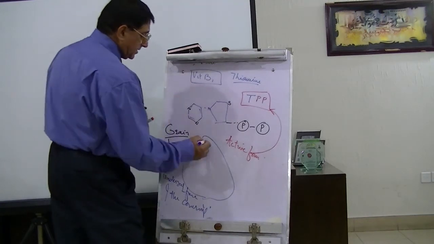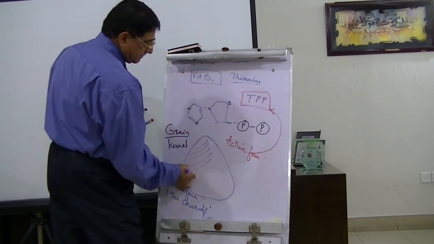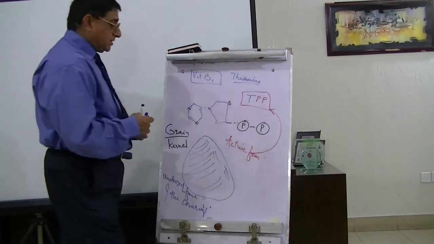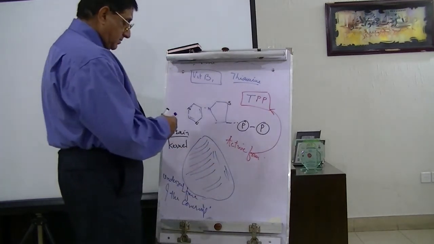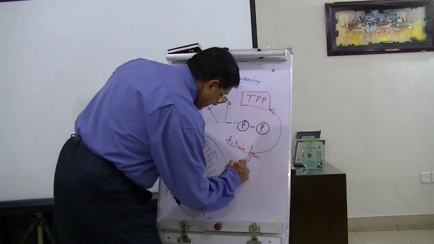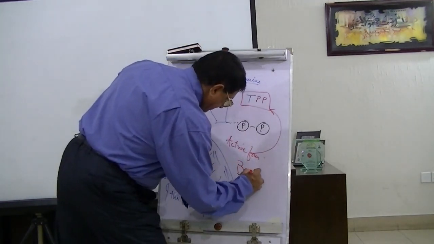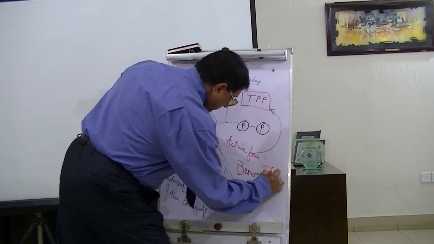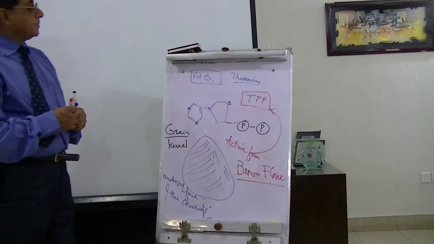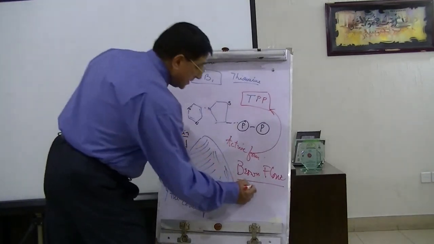So this is the grain. It is the undersurface of the covering. That is brown flour. Brown flour contains B1,